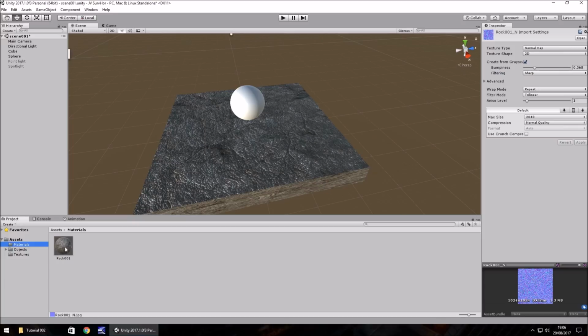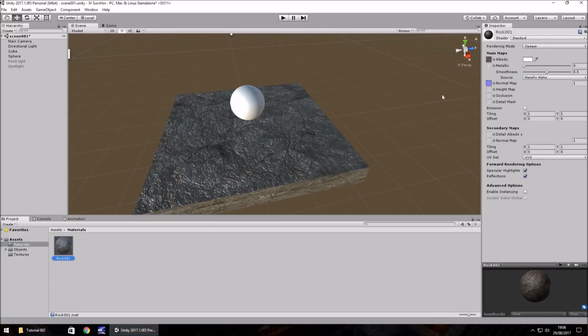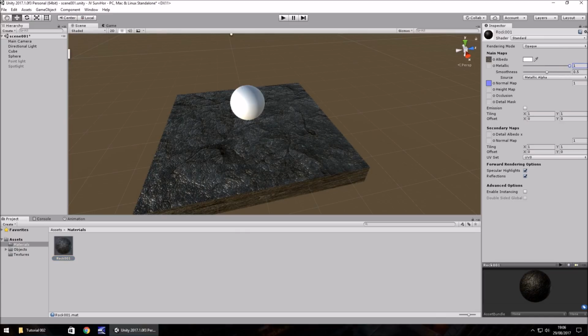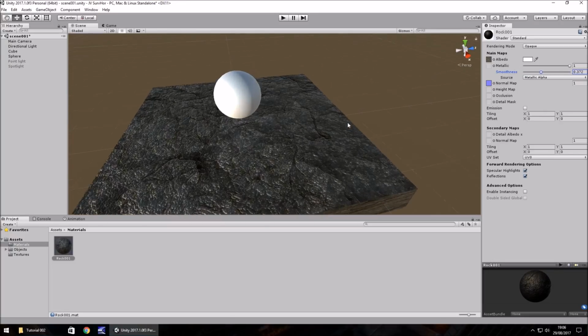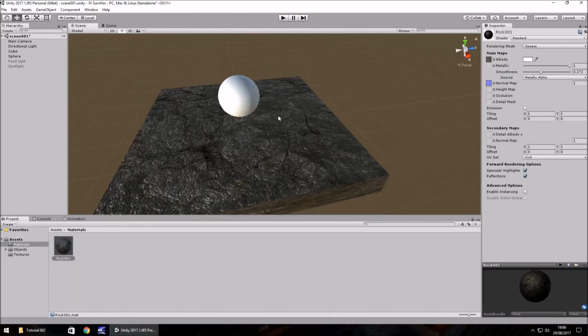So let's go back to our materials folder and click on Rock 001. We also have the option of changing the metallic and smoothness, and once again, this also has an impact on your lighting. So for example, if we change the metallic look all the way up to 1, you can see this rock now looks a lot more realistic than it has done. But then that's also affected by the smoothness. So I would recommend playing around with the metallic look and the smoothness and change it in relation to what